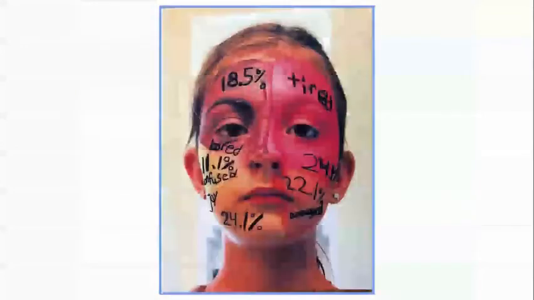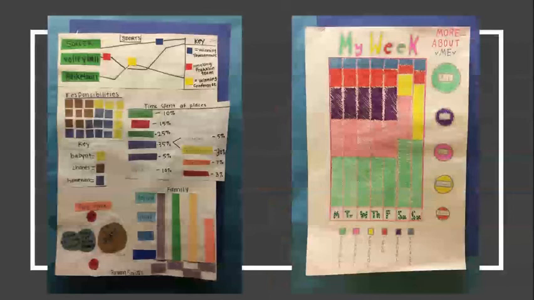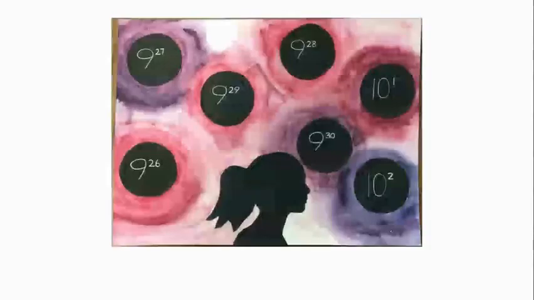Another one about mood. This one is kind of a dashboard where the student took track of how their responsibilities went, what they did with family, what they did with their time, and how their day went and what they did over the course of the week is the one on the right. This one, levels of stress depicted in different colors in watercolor and telling us a little bit about the level of stress each of those days.